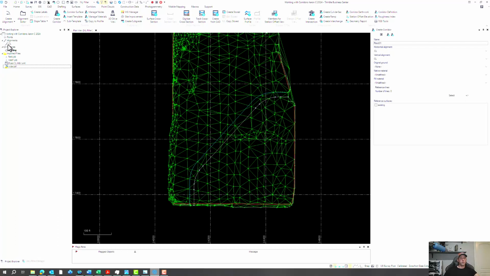So again, to be able to create a corridor, you have to have an alignment. So if we didn't have that, a step before this would have been to create an alignment. But in this case, we have one. So that center line alignment is already defined, so we don't have to select it. And the next step is to select any reference lines that we want to be able to